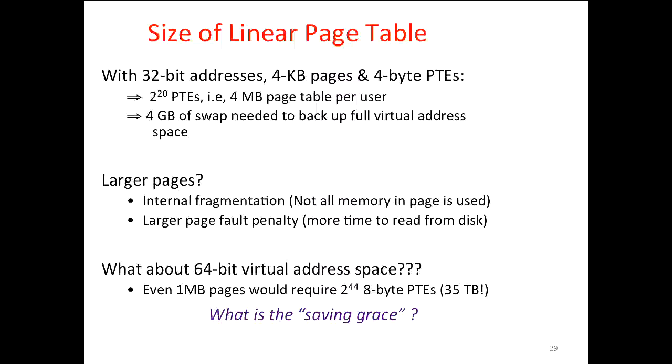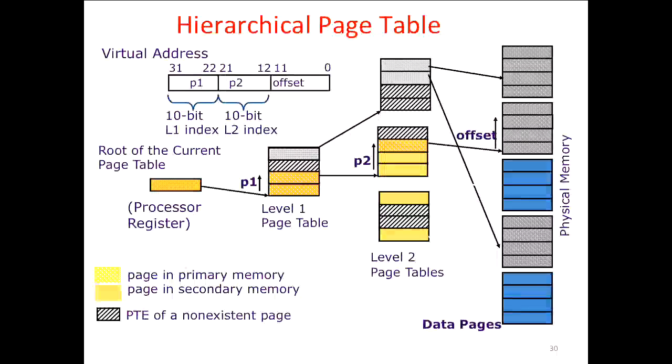The real insight that makes this all work is that not every program uses all of the virtual address space. Not every program needs all 4 gigabytes on a 32-bit machine. And on a 64-bit machine, no program uses all of the 64-bit address space. They all use a small fraction of it. So you only need to represent the translations for the portion of address space you're actually using. You need a slightly more sophisticated technique, but this can dramatically cut back the amount of space you need for these page tables. And a general thing that's used in nearly all systems is what's called a hierarchical page